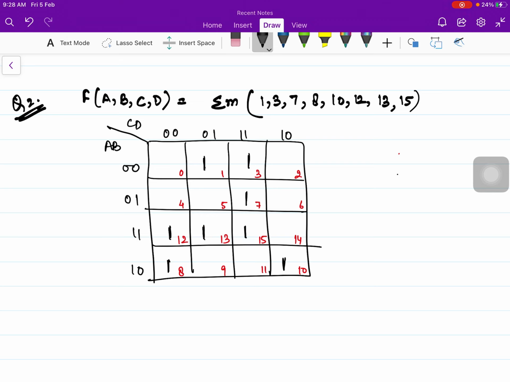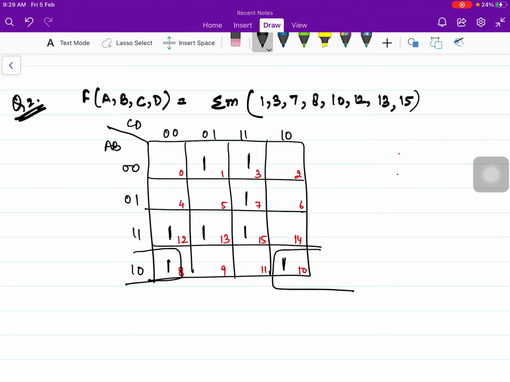Search for the biggest group. A group of 16 is not possible. Group of 8 is not possible. Then we come to the group 4, not possible, as I can see that we are not having any adjacent 4s. So group of 2s will be possible. First of all, we will search for those ones which can be only grouped in one manner. So the 10 number block 1 can be only grouped with the 8 number block. So let us make this group first.